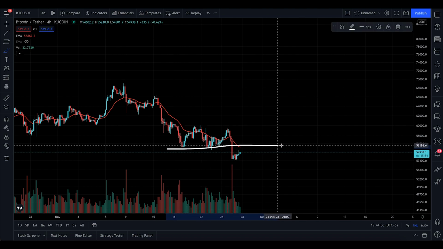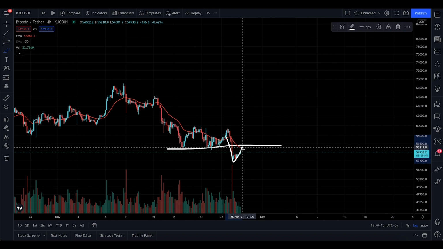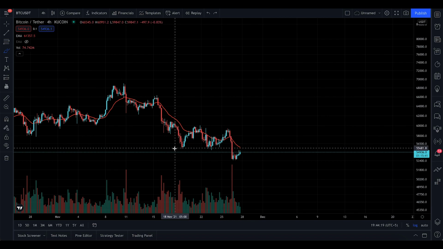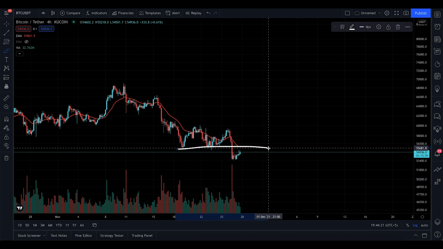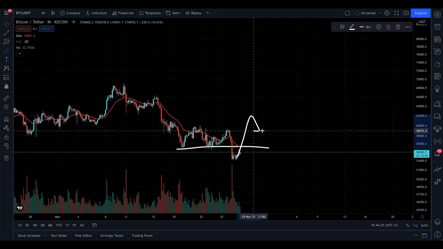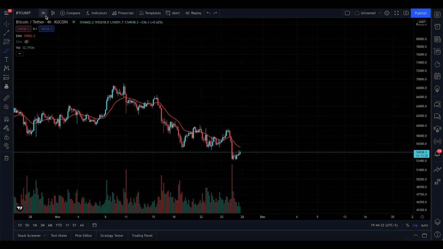This is your resistance, by the way. Do you see that? That's a resistance, and in my opinion, you go down, you find resistance. I do think Bitcoin is going to go to 56,000, and this is where it's going to be decisive, maybe dump even more. This is a clear resistance, but if you break out of it and hold, for me the safest zone is holding 59,000, and that's it. The correction is over, absolutely over.